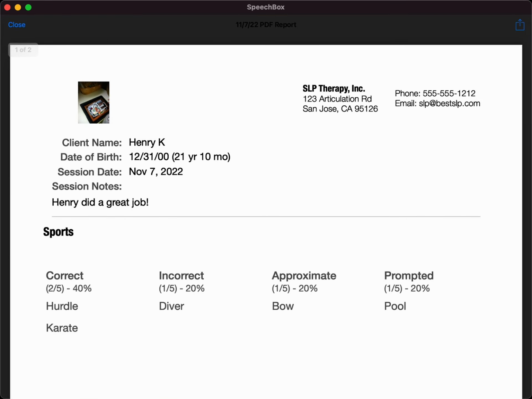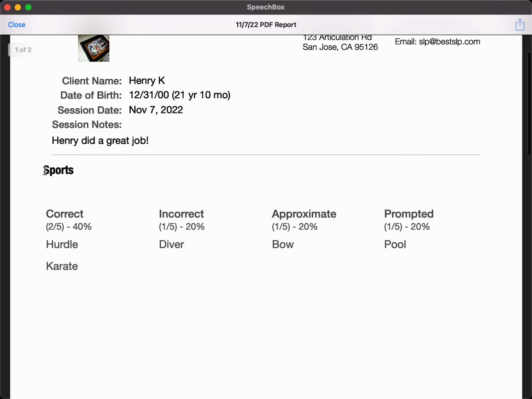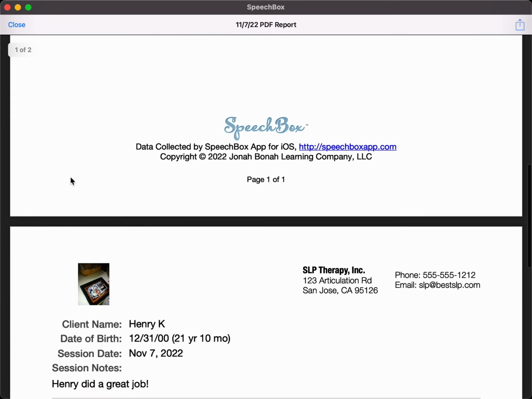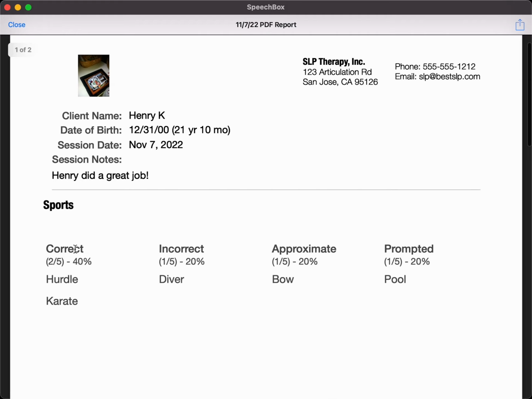Okay, and now you have the custom report that you just created loaded here, and as you can see, it's customized with your contact information, even your company logo, and it's got a lot of different information in here. Your session notes have been carried over, and it's going to give you a breakdown. So here's all of the different boxes we worked on with this particular student. So we worked on a sports box, and if you see, we also have the data, we worked on the Fun box. So what we're going to see here is the different correct, incorrect, approximate, and prompted, and it's going to show you how many different words or target sounds you worked on